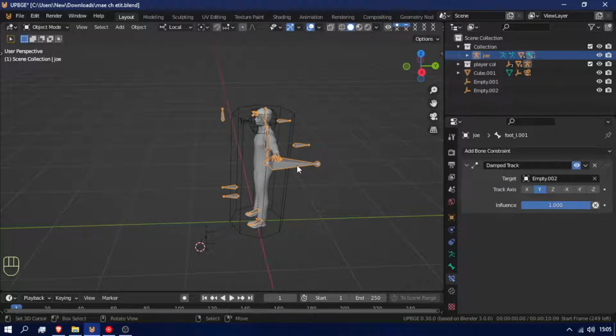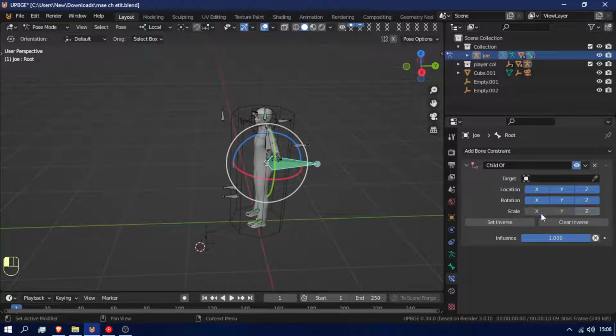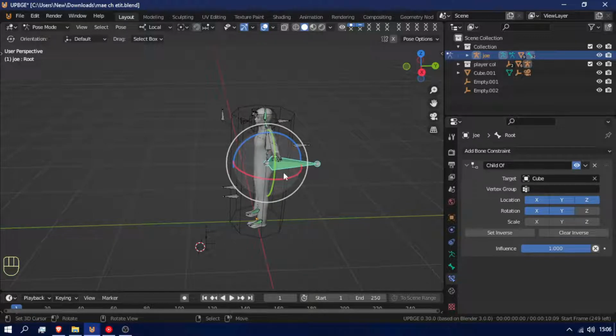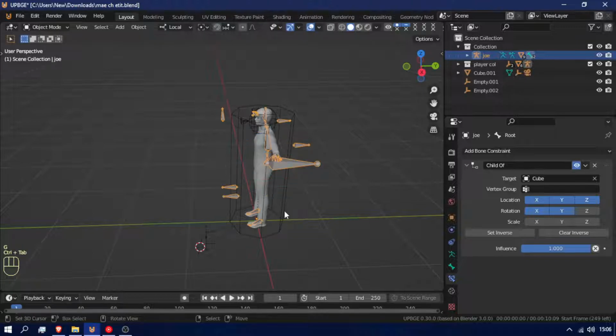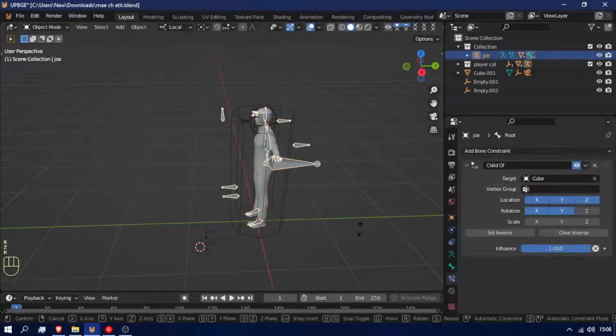So let's go ahead and add a bone constraint, child of. We're going to take away the scale, we're going to take away the location. Well, actually we need the location. No, we don't. The rotation, and it's only going to be on the Z, so let's just select this. And we'll see something like that happen. So rotation is going to be... oh boy. Okay, so their location is what... But when I rotate this, nothing's going to happen. I don't know exactly why, but